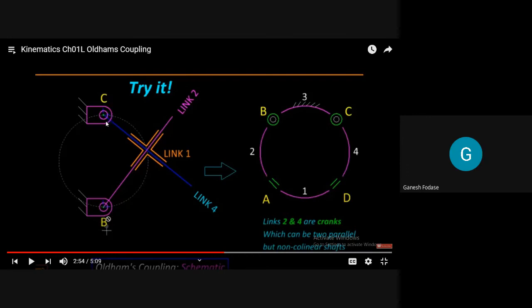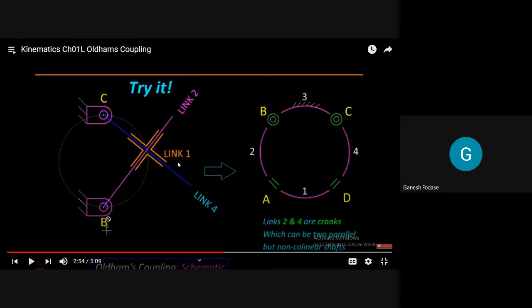So we can use this schematic diagram for applications where two turning pairs are formed, and the two shafts, which are rotating shafts, or rotating axes, are parallel to each other. By considering this, we'll see an animation, or you can say an application of this, that is the Oldham coupling, used to connect two parallel shafts. So I told you the application of this second inversion is the Oldham coupling, and it is used to connect two parallel shafts.